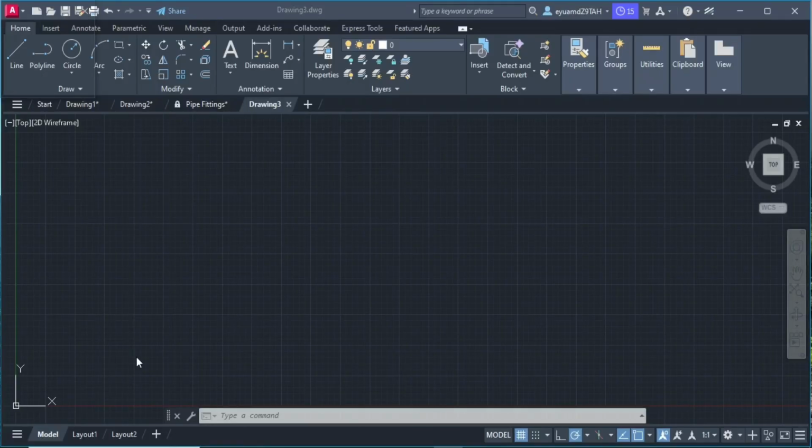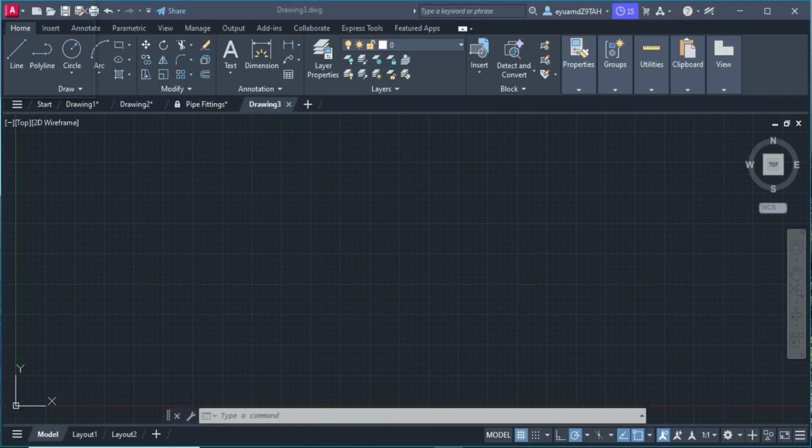Hey everyone, in this video, I'm going to show you a step-by-step tutorial on how to draw a line with absolute coordinates. Drawing with absolute coordinates in AutoCAD is one of the most precise ways to create geometry because every point is placed according to an exact position on the coordinate system. Unlike freehand clicking, coordinate-based drafting removes guesswork and ensures mathematical accuracy, which is especially important in engineering, architecture, surveying, and